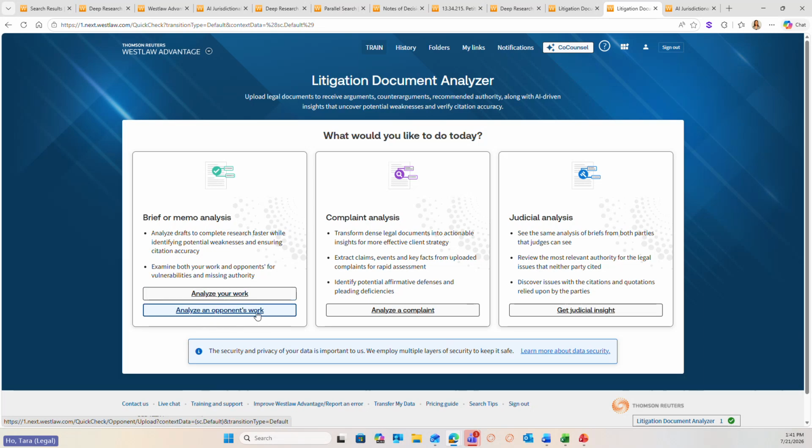The Analyze Opponent's Work is going to be a little bit more comprehensive, and it's going to identify more weaknesses or defenses, and it's going to find counter arguments. Now, you can also run this with a complaint. So it will extract claims, events, key facts, give you some possible affirmative defenses. And then the judicial analysis was similar in Quick Check, where you would run both parties, often used by judges